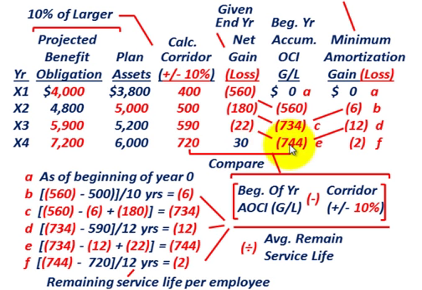We have a beginning of the year, and we have $744,000 at the end of the year for our accumulated other comprehensive income. So how do we get that? We take the previous year: the end of year X3 becomes the beginning of year X4. That was $734,000, and we got that by going through year X1 and year X2. But to get year X4's accumulated other comprehensive income of $744,000,